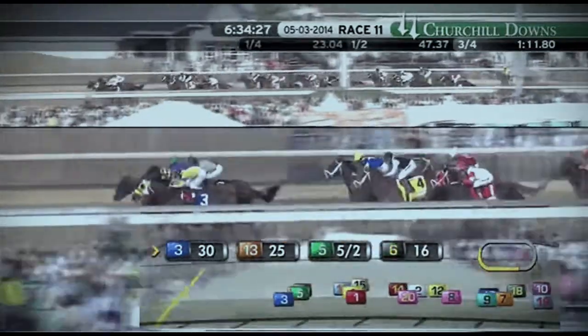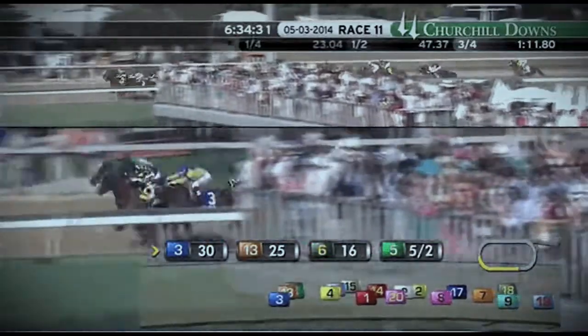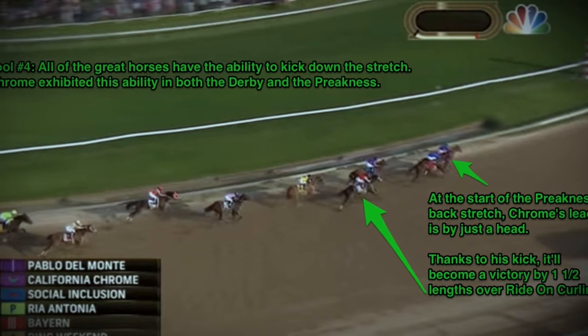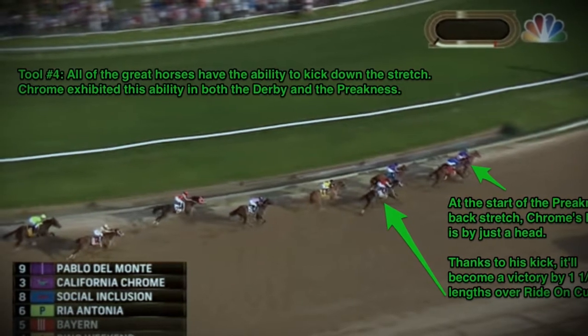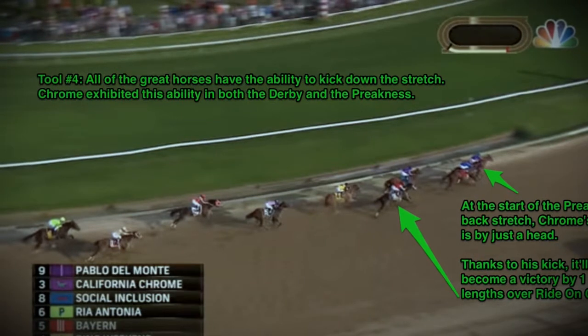He's proven he could do as much, as at the Derby he was able to make slick acceleration moves mid-race right before the final turn, while saving energy for a final kick. In almost any race other than the Belmont, tool number 4 is the most important: a ferocious ability to kick down the backstretch, whatever the jockey strategy might be. In the Preakness, Chrome coasted to a 1 1/2 length victory after kicking well after holding just a head's lead